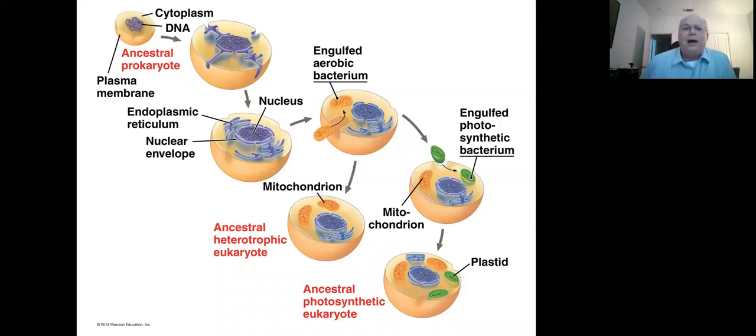And so the measured size of a eukaryotic ribosome is a bit larger than the measured size of a bacterial ribosome. But what really drives this home is the fact that bacterial ribosomes are sensitive to two antibiotics that shut them down and prevent protein synthesis. And the ribosomes in both chloroplasts and mitochondria are also sensitive to exactly the same antibiotics. These antibiotics, however, have no effect on eukaryotic ribosomes. Then you also have the fact that both